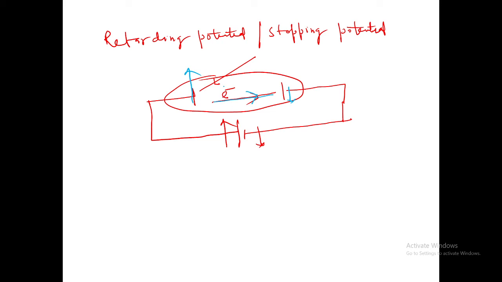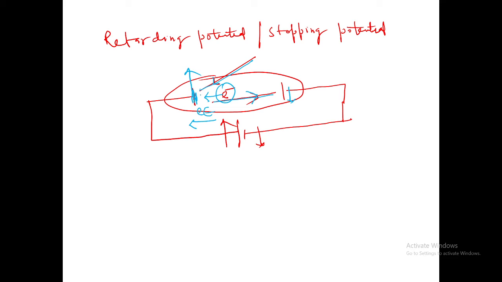So in that case the electron will feel a leftward force eE. Okay, so suppose a light strikes this positive potential